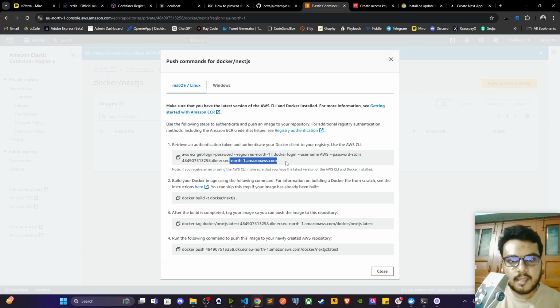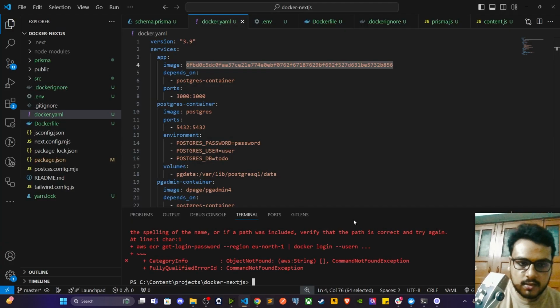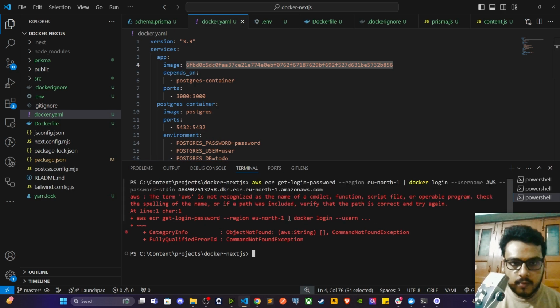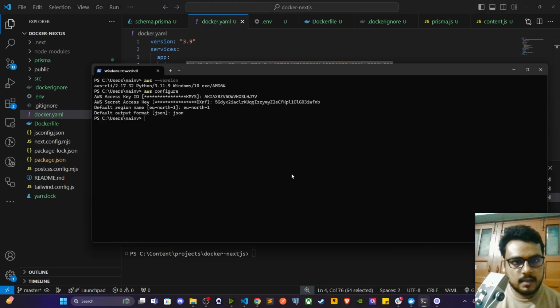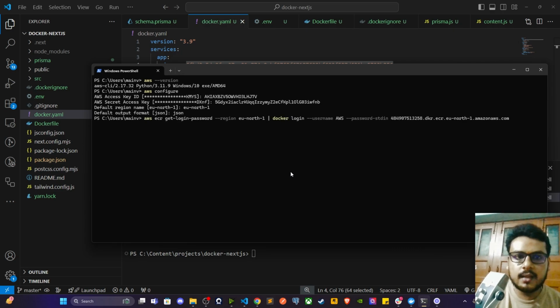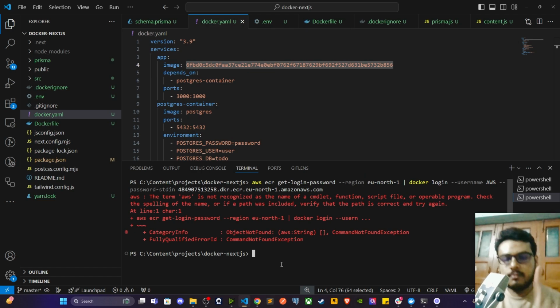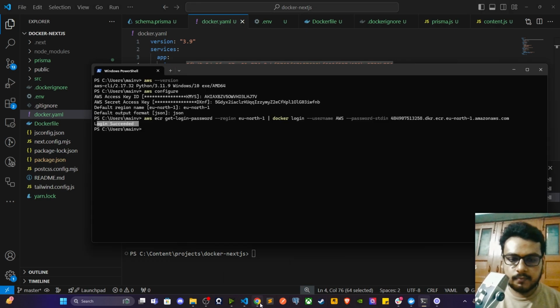This is just for the authentication. So let's do this, and it failed miserably. The term aws is not recognized. Okay, maybe my bad. Let's run this over here. It should say logged in. Yep, it says login succeeded. It did not work over here because maybe the environment is not being bubbled up to this VS Code terminal. Maybe I have to restart my system to do this, but it should work ideally. But anyways,